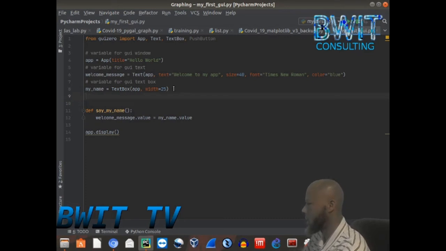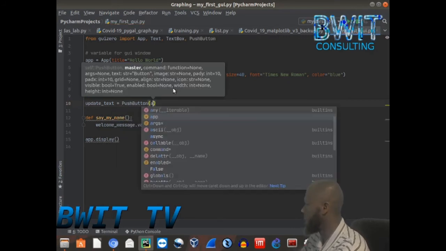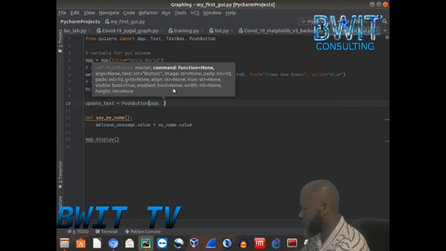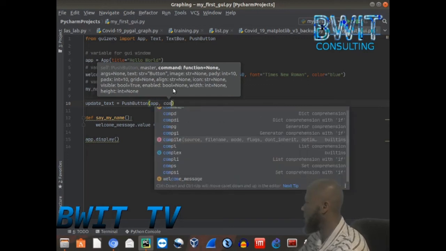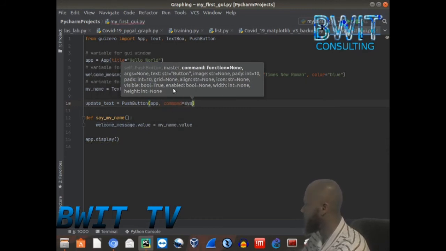All right, so next what we want to do is put in another variable here. It says update text equals, and we're going to call push button, and that's going to be the app, then our app, and then we're going to say command equals say